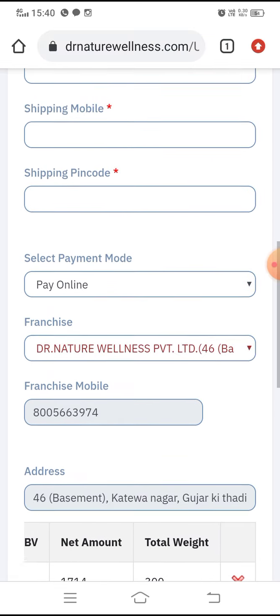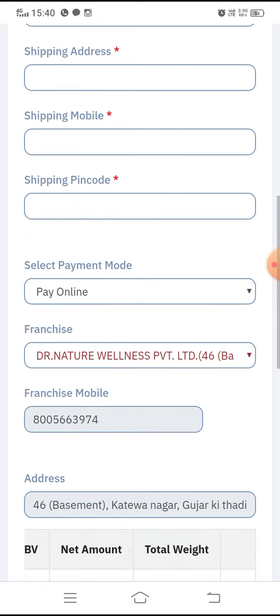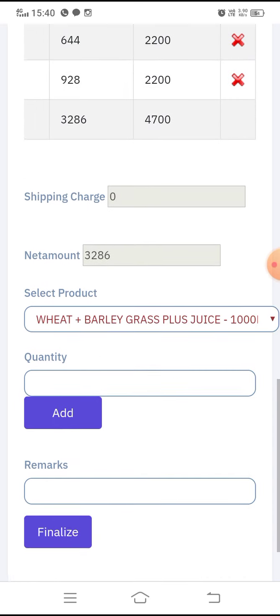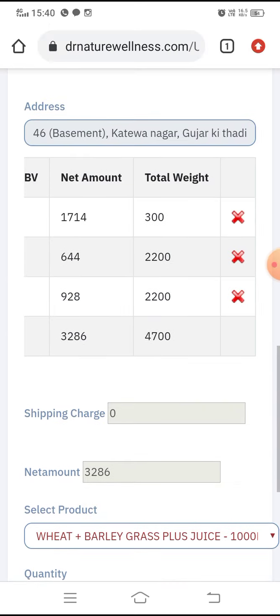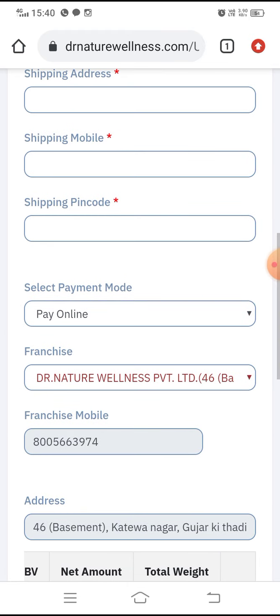If you initially enter all your details, it won't show you. After that, you can add the products and get your shipping charge free of cost. Then you can finalize and proceed. You will get an OTP, and then you will get the payment gateway. In the payment gateway, you can choose UPI or your debit card, credit card details, and you can finally proceed with the payment. After your order is confirmed, you will get the delivery within 7 to 10 days of your ordering. I hope you can understand how simple it is to order products online